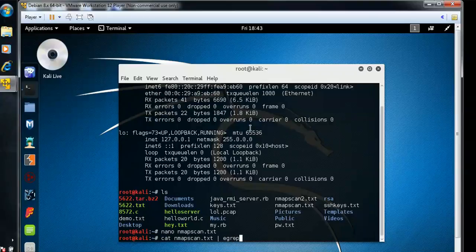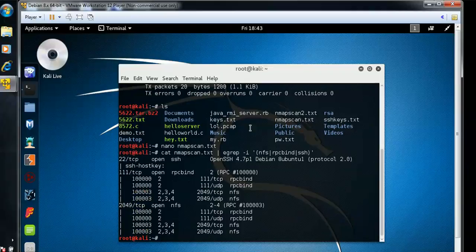egrep -i nfs, RPC bind and SSH. So here 22 TCP port is open for SSH, 111 open for RPC bind, and 2049 port open for NFS. Okay, now